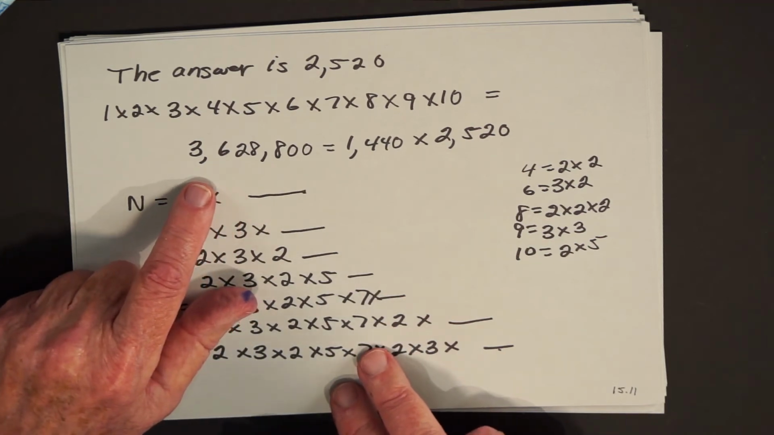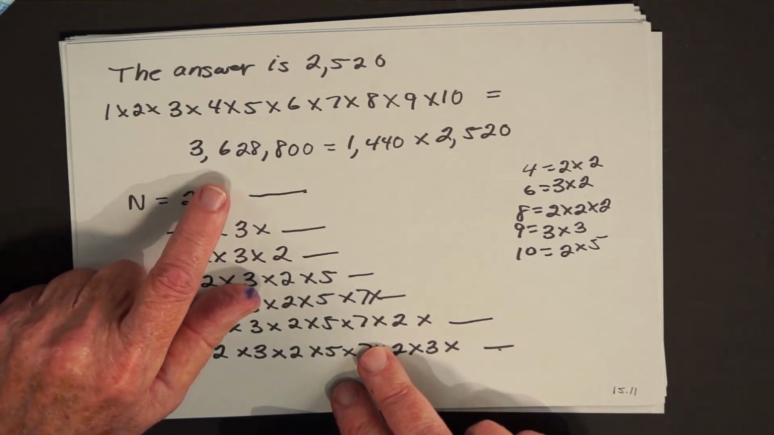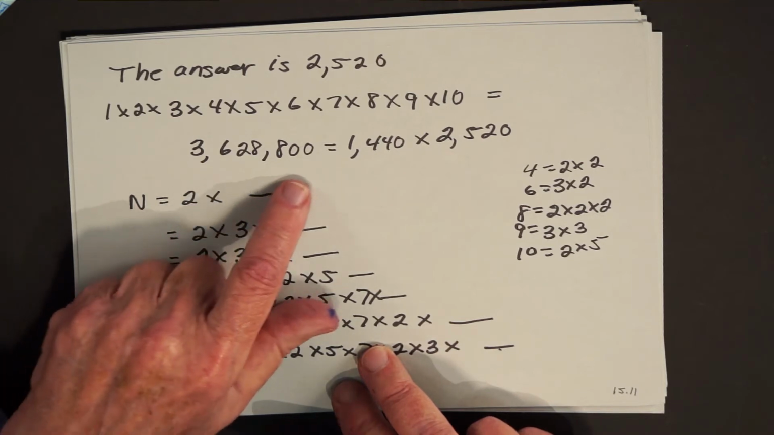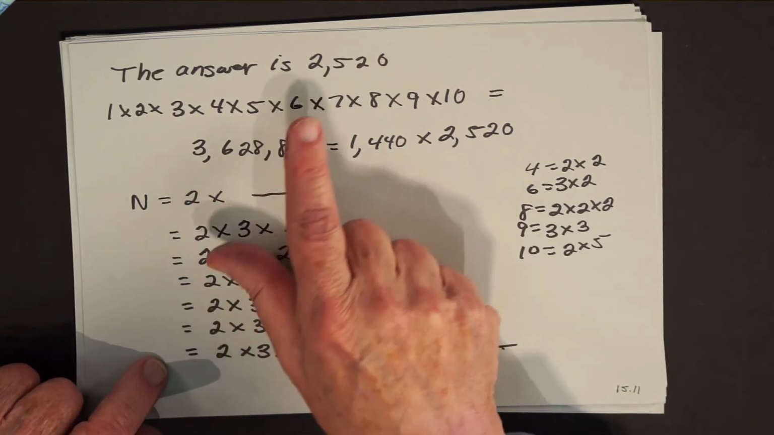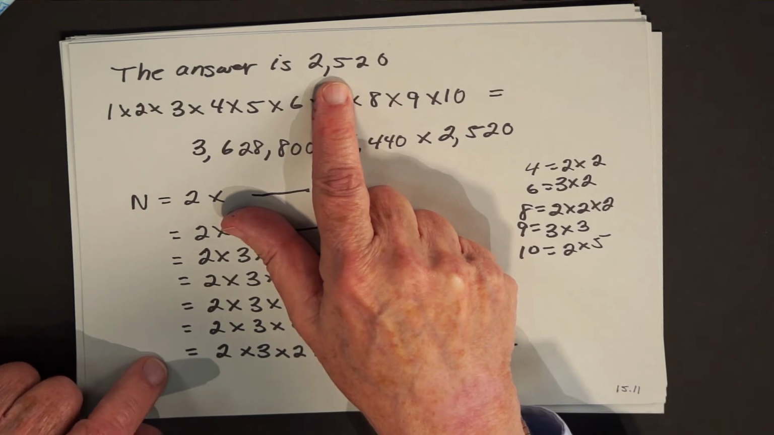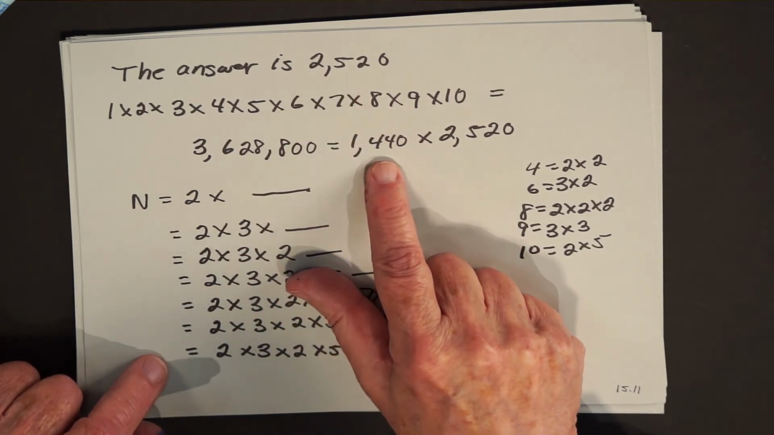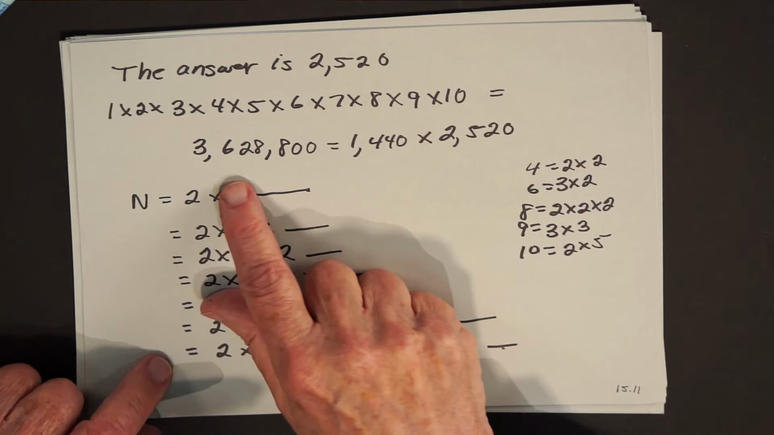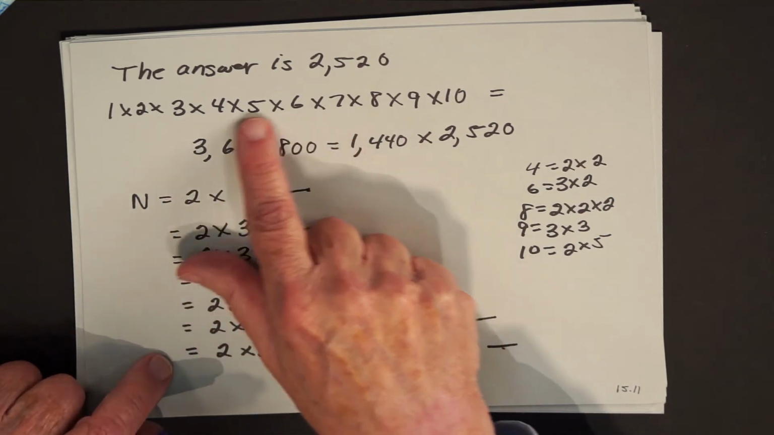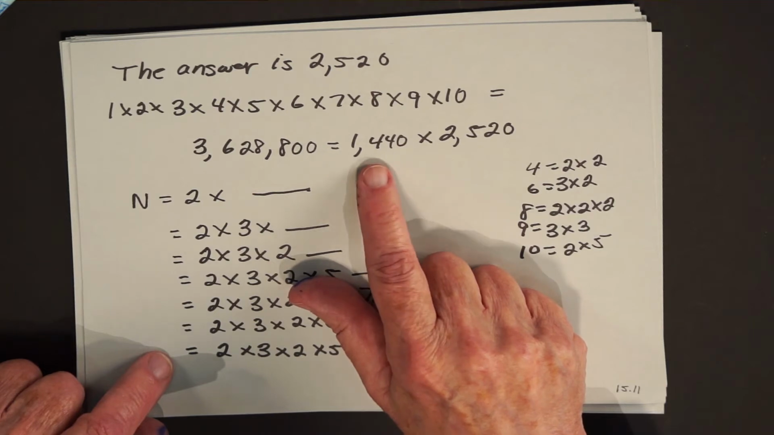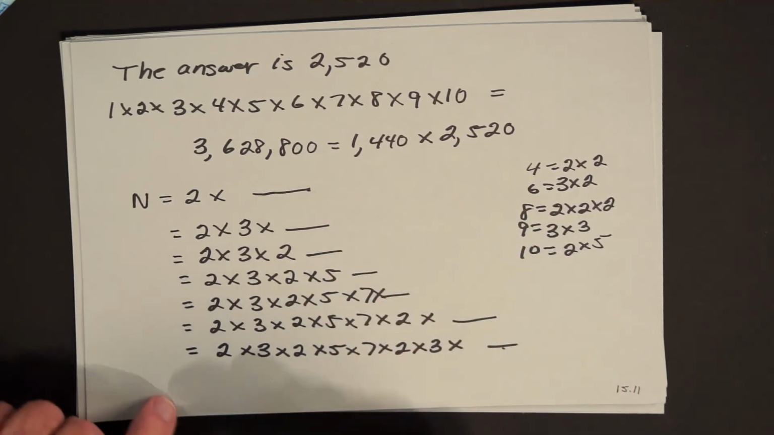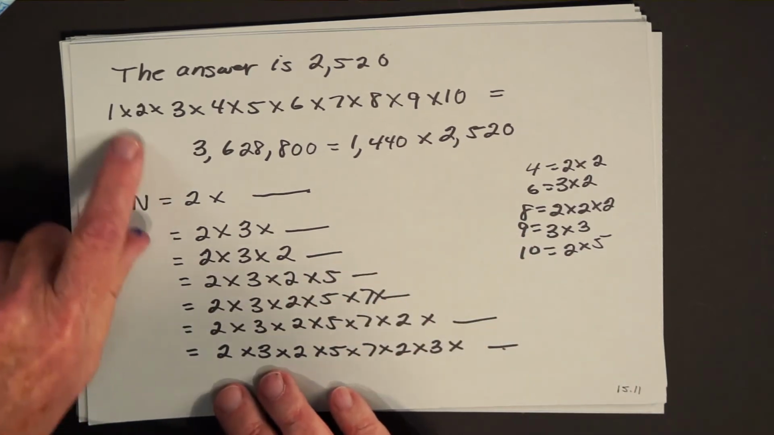And that would give you a very nice number, 3,628,800. And in fact, if you take that number and divide it by 2,520, you get 1,440. And that tells you that by multiplying all of these together, you get a number that was 1,440 times bigger than what it had to be. Well, let's see how we get this